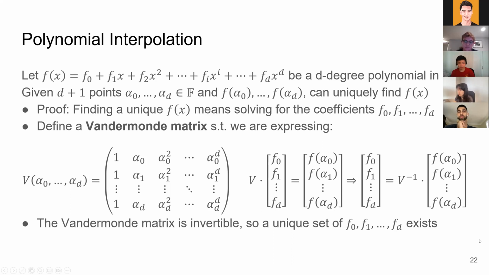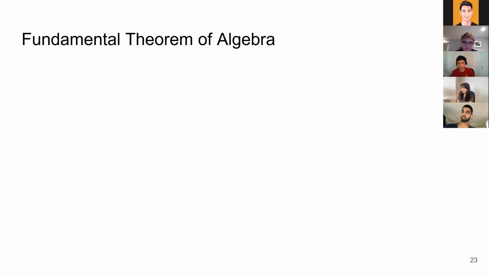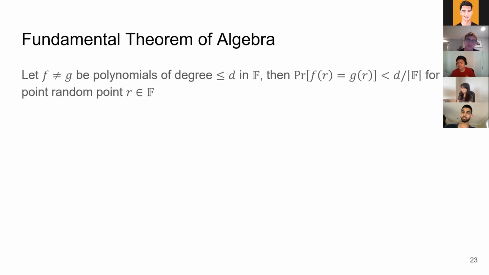Cool. So the second piece of algebra that we have to produce to aid us when we're turning into a linear PCP is the fundamental theorem of algebra. If you haven't heard of the fundamental theorem, don't worry. I didn't know that this was called the fundamental theorem either, but this is another one that has to do with polynomials. Let f and g be two polynomials of degree at most d,